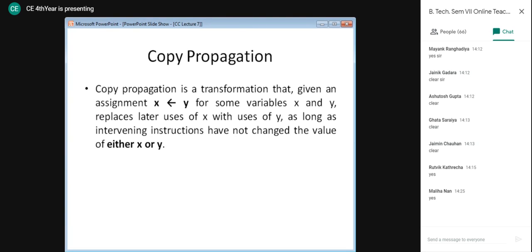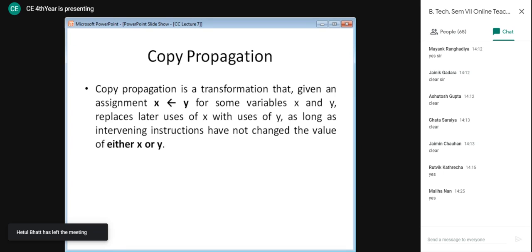So what happens in copy propagation is that it is a transformation that given an assignment y assigned to x for some variables x and y, this transformation replaces the later uses of x with the uses of y, because now what the value of x is, it is the value of y.